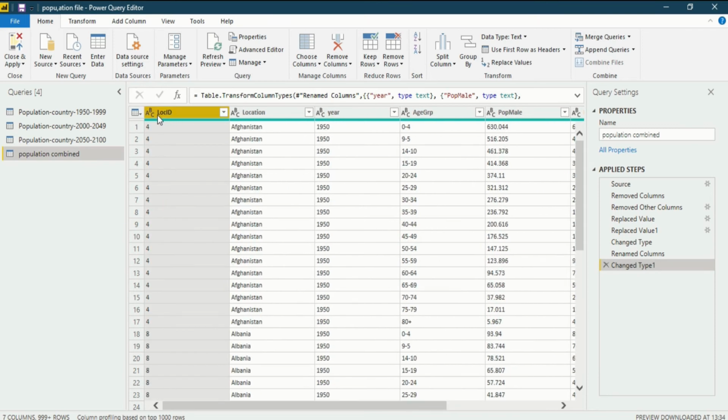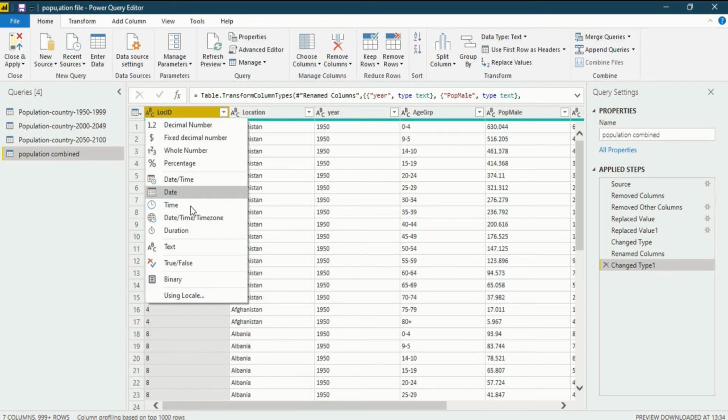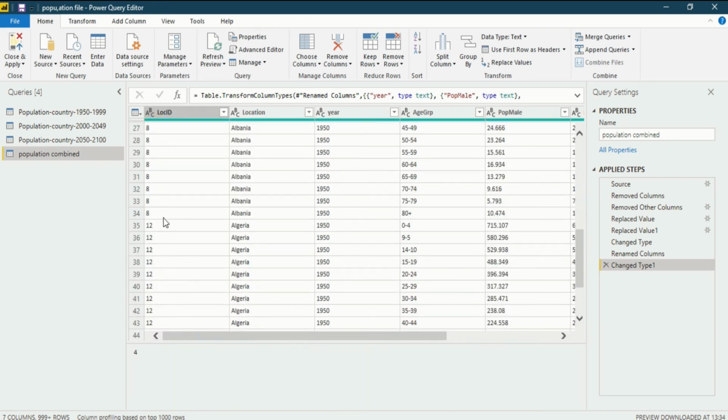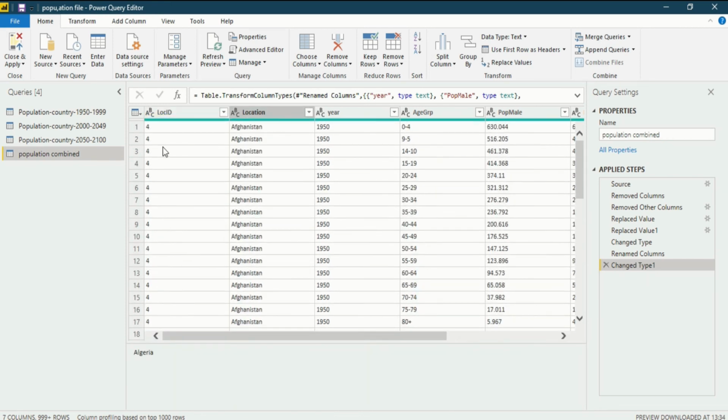In front of a column name, you can see a box that says ABC. It's a text format. So when I click on it, you can see it's a text, but in your column you could see this is not a text, it's a whole number. So this column is entered wholly with whole numbers. So this is not a text format. So first of all, I have to change this format to a whole number.